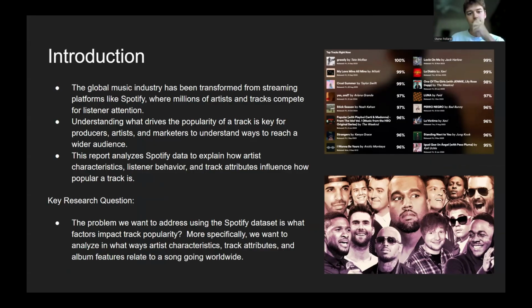The introduction. The global music industry has been transformed by streaming platforms like Spotify, where millions of artists and tracks compete for listener attention. Understanding what drives the popularity of a track is key for producers, artists, and marketers to understand ways to reach a wider audience. This report analyzes Spotify data to explain how artist characteristics, listener behavior, and track attributes influence how